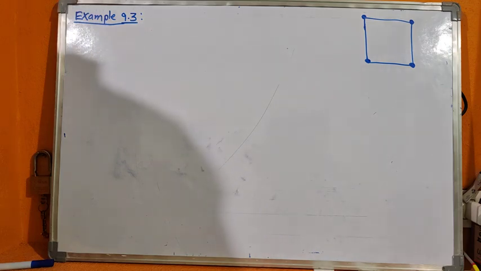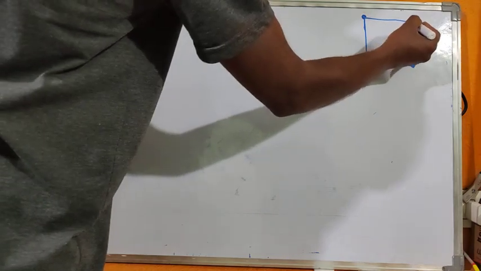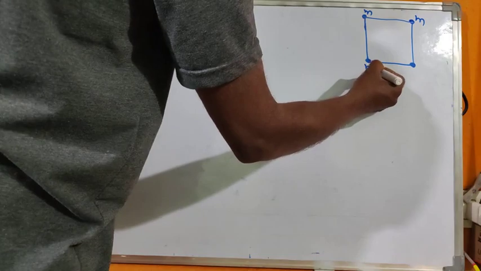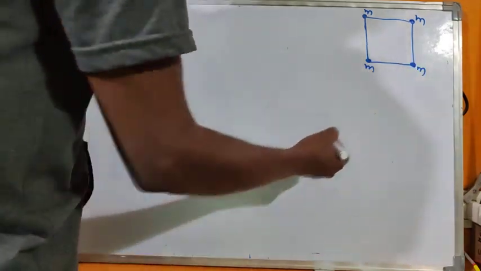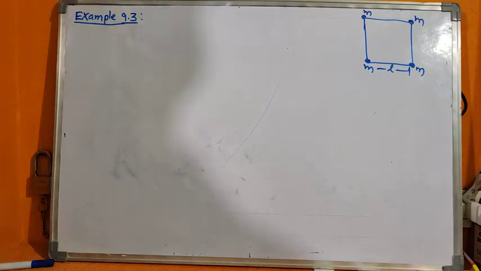Find the potential energy of a system of four particles placed at the vertices of a square of side L. At each vertex we are keeping a mass m, and here is also m, and this is also m, and this is also m, and the side of the square is L. Then find out the